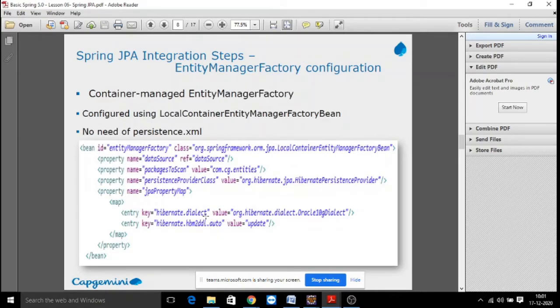And along with our data source properties, we also need certain vendor related properties called dialect, and some other features called the show SQL property and the hbm2ddl property. Those properties we configure in the persistence.xml file in a core application.